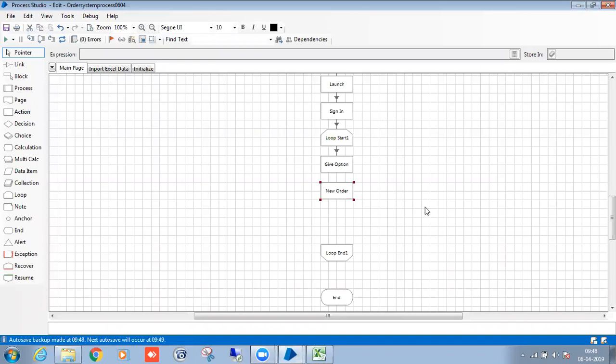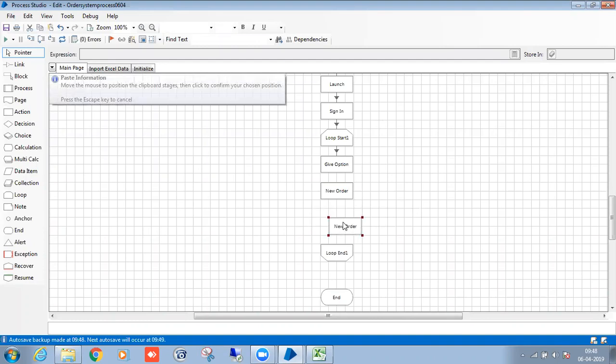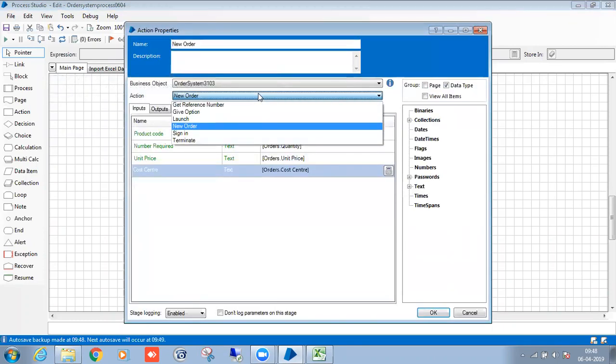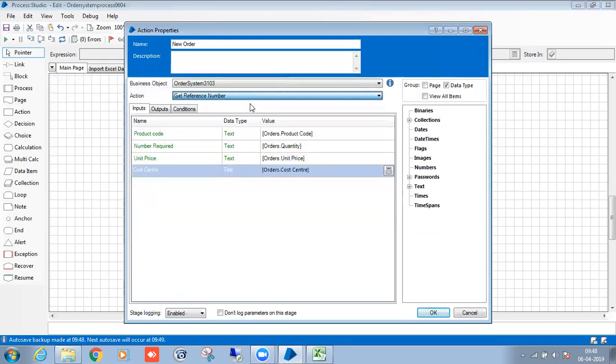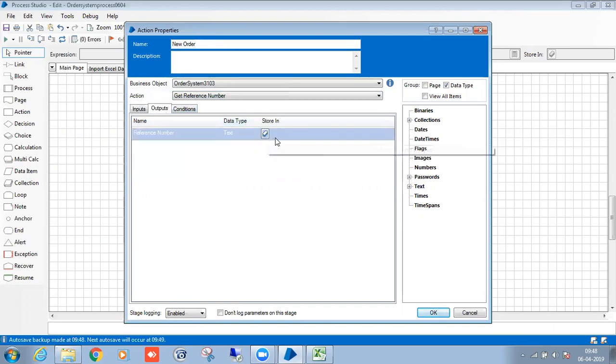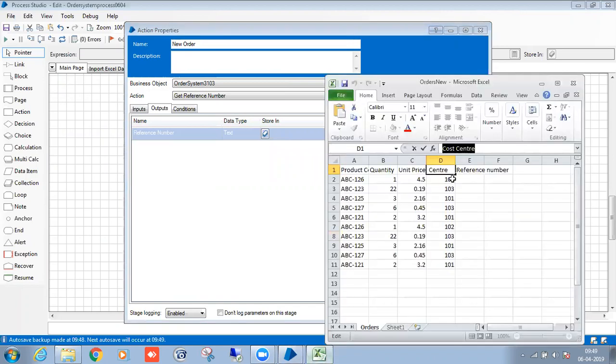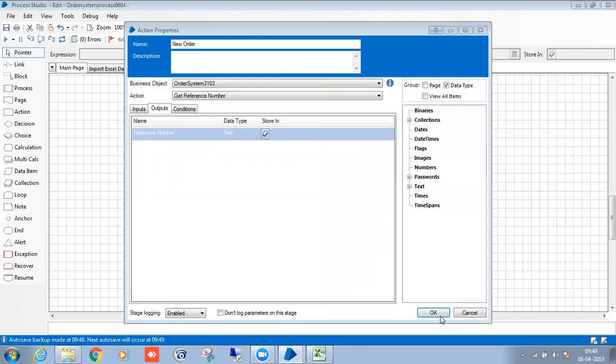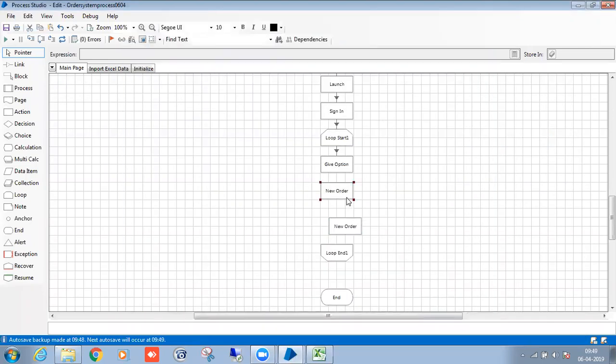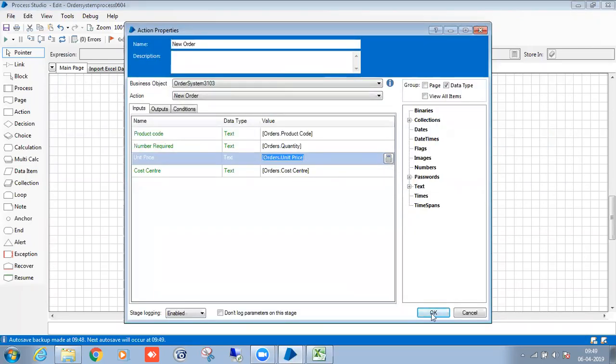So after the order, get the reference number. That is a field. After getting the reference number, that's when I need to paste it into this particular field, the reference number field. So that is why I need to take the particular field, collection dot field name, same thing.